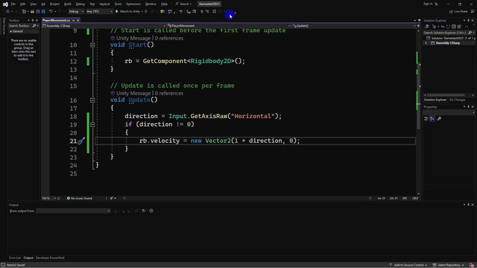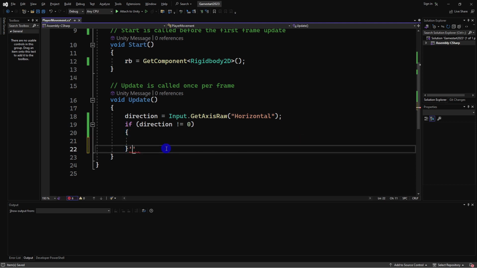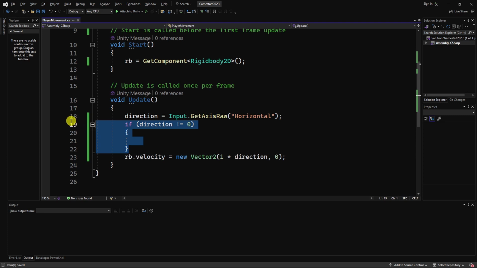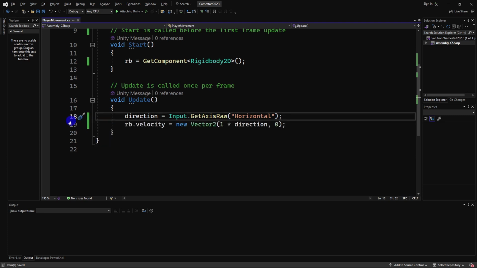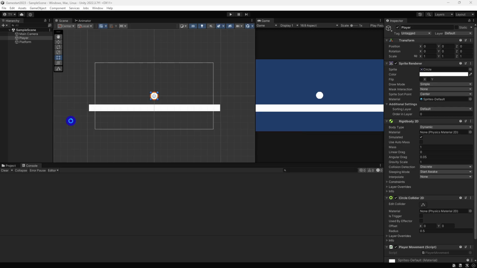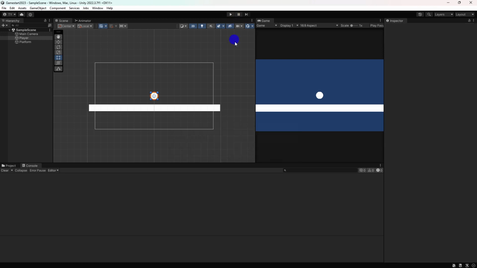Okay, so usually when we use direction, we would probably not use this predicate statement. And instead, we're just gonna put this out here. So even if it's not being pressed, it's still going to reassign the velocity vector, such that if we're not pressing anything, the player would just stop on the spot. So it depends on what kind of feeling you want to get from your game, but we're gonna stick to this for now, so it feels a bit more responsive. So now if we press play,